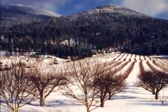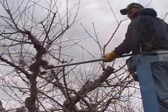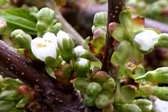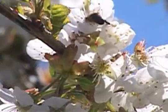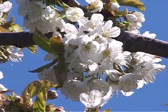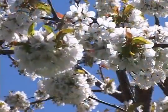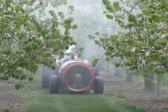Work in the orchards begins in the winter when the cherry trees are dormant. The trees are pruned to encourage new growth. Then around early May, the first blooms arrive, filling the valley with a beauty all its own. Honeybees are placed in the orchard to help pollinate the blossoms, reaching full bloom by mid to late May. Until harvest, the trees are irrigated, given fertilizer and nutrient sprays to keep them healthy and to produce premium quality